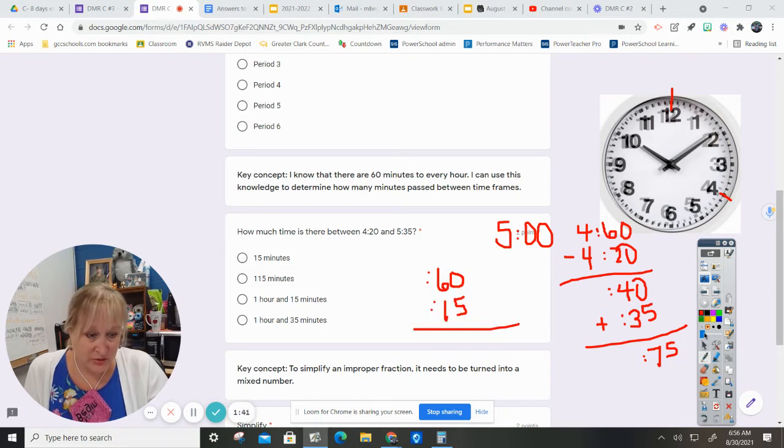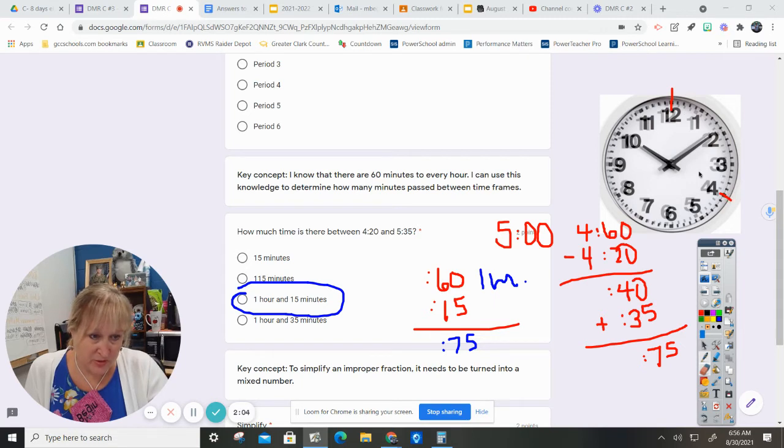Now I'm changing colors so that you can see where it came from. You see how I add them together and I get my 75 minutes back? Yes. So 75 minutes is an hour. It's 1 hour and 15 minutes. So I'm thinking that this is the answer, but I'm going to attempt